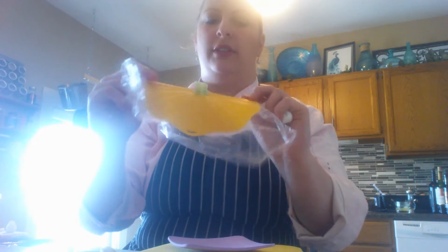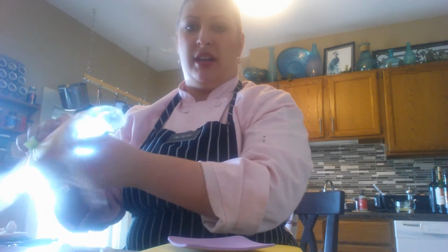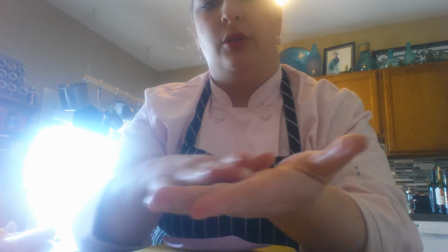So I'm separating out some of my gum paste, and you want to make sure that you're going to keep this moist. So what I do is I have a little silicone mat here, and then I put plastic wrap under it too. And I'm going to use that to keep my gum paste nice and moist. And I'm going to take the gum paste that I have over here, and we're going to make a center. So the center of the flower you want to roll,